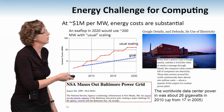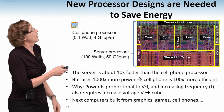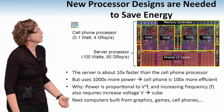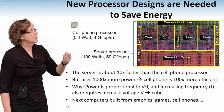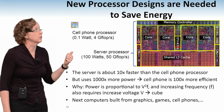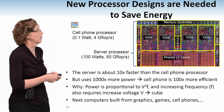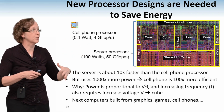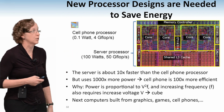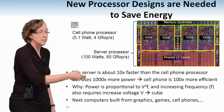So energy is a big problem here in computing. And if you go into computer science, you can help solve these problems. There's the cell phone processor, and this is an Intel Nehalem processor, a high-end server processor. The server processor is 10 times faster than the cell phone processor, but it uses 1,000 times more power, so it's actually less efficient. The cell phone processor is 100 times more energy efficient in terms of the number of operations it can do per watt. This has to do with some basic physics and the way these devices work,